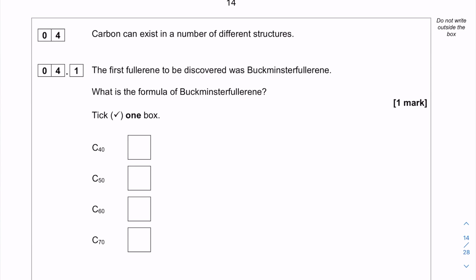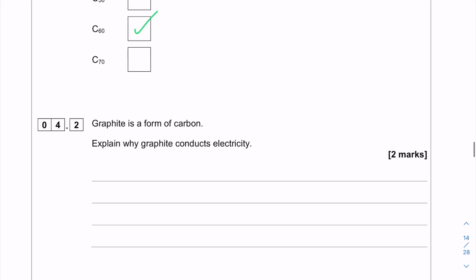Carbon can exist in a number of different structures. The first fullerene to be discovered was Buckminster fullerene. What is the formula of Buckminster fullerene? It's actually C60, so we're looking for that option there. Graphite is a